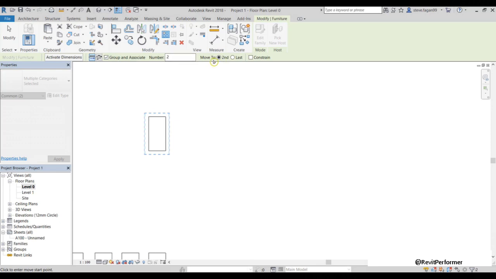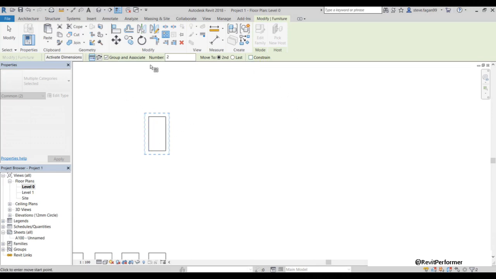Next is how we start the array: whether we start by placing the second component or the last component. Once we place the second component, the array will continue on after that. If we place the last component, everything will be arrayed in set to that. Again, we can constrain them if we need be.